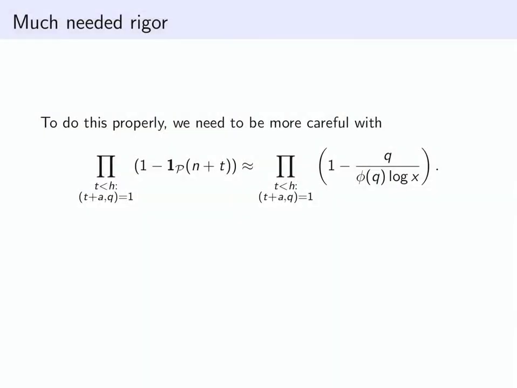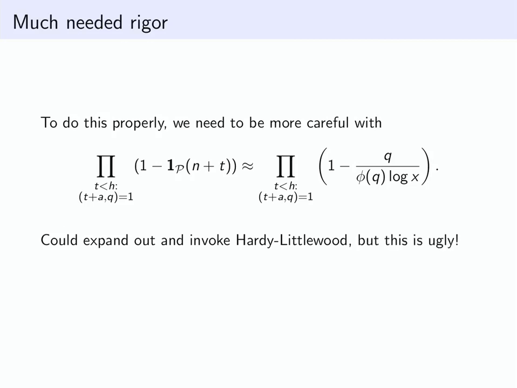And so maybe your first thought on how you might handle this is, well, we're already invoking Hardy-Littlewood. Maybe I should just expand out these terms, and then just invoke Hardy-Littlewood for all of the tuples you get as a result. This is a bad idea. This gives you a very ugly expression, which turns out to be not obviously convergent. It's very hard to analyze and figure out the main term, let alone secondary terms,